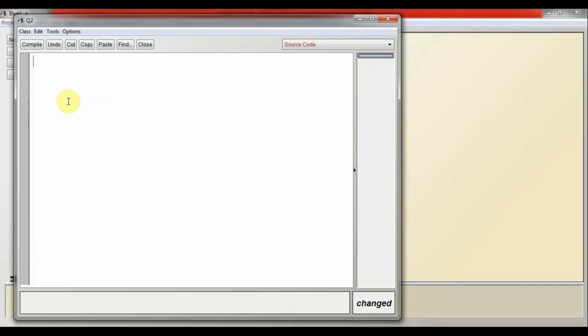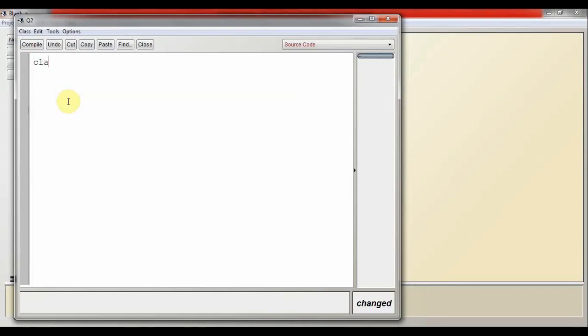In question number 2, write a program to find the product of 5, 7 and 12 using variables. In this program, we will define 4 variables. The first variable will be assigned the value 5, second 7 and third 12. And the fourth variable will be assigned the product of all 3 variables.